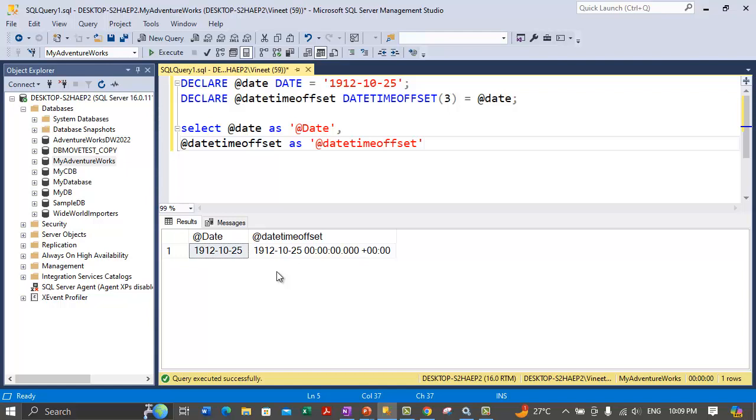So now we see along with this data the datetime, an offset is also appearing indicating the time zone, right? So this is the result set. So with datetimeoffset you get the time zone as well. Alright,